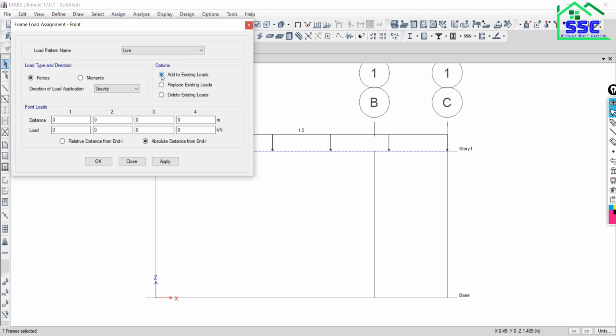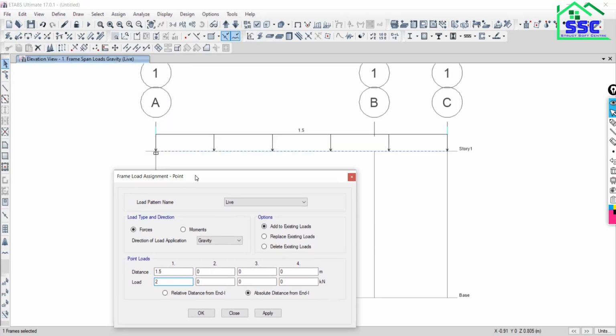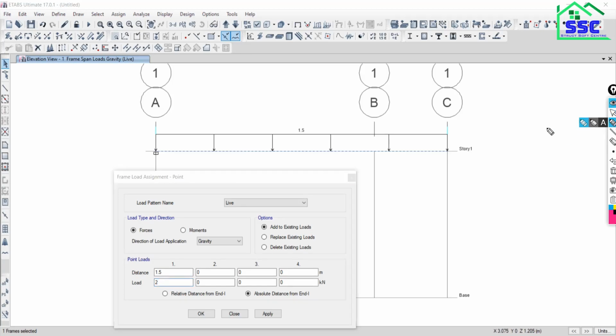Make sure that the first option is selected, add to existing load. Now at a distance of 1.5 meter from the left end, I have to put a vertical downward 2 kilonewton.